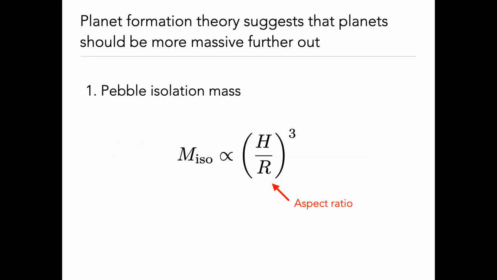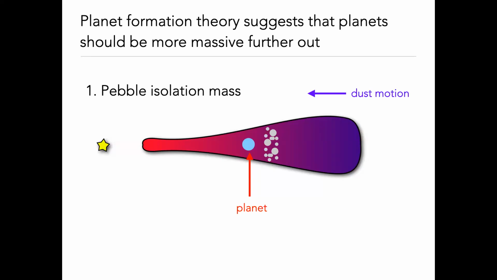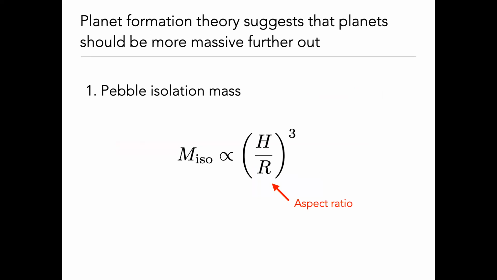Now, the pebble isolation mass scales with the aspect ratio of the disk. So let me just take one step back. Let me tell you what the aspect ratio is at any one particular location in the disk. You've got the height of the disk divided by the radial location that you're interested in. That is the aspect ratio. This aspect ratio typically increases with radius. So these disks are flared. When you work through the maths and look at typical disks, what you find is that H over R is proportional to R to some positive power, which means that the isolation mass increases